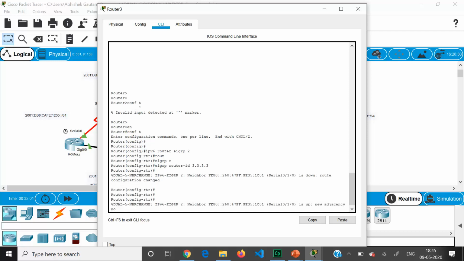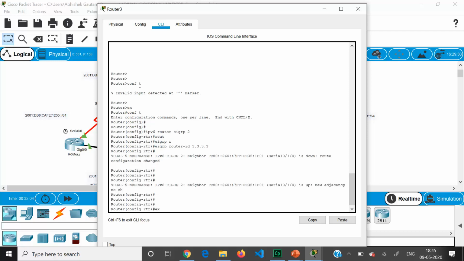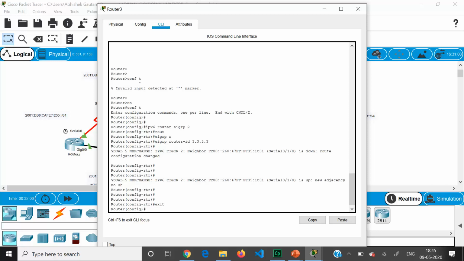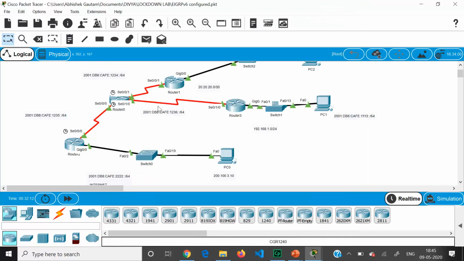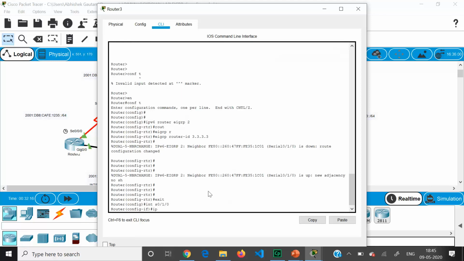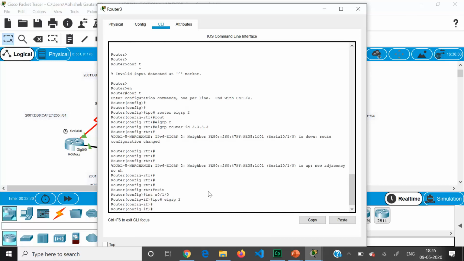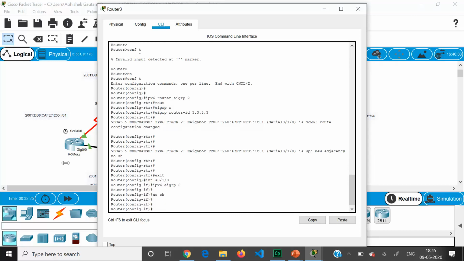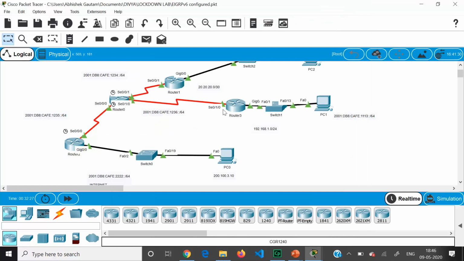And no shutdown. And you come out and we will do it on int S010. I think it is 010, let me check. Yes, it is 010, and we are saying IPv6 EIGRP 2, right? And no shutdown. So when you are doing this, neighbor adjacency will be established.